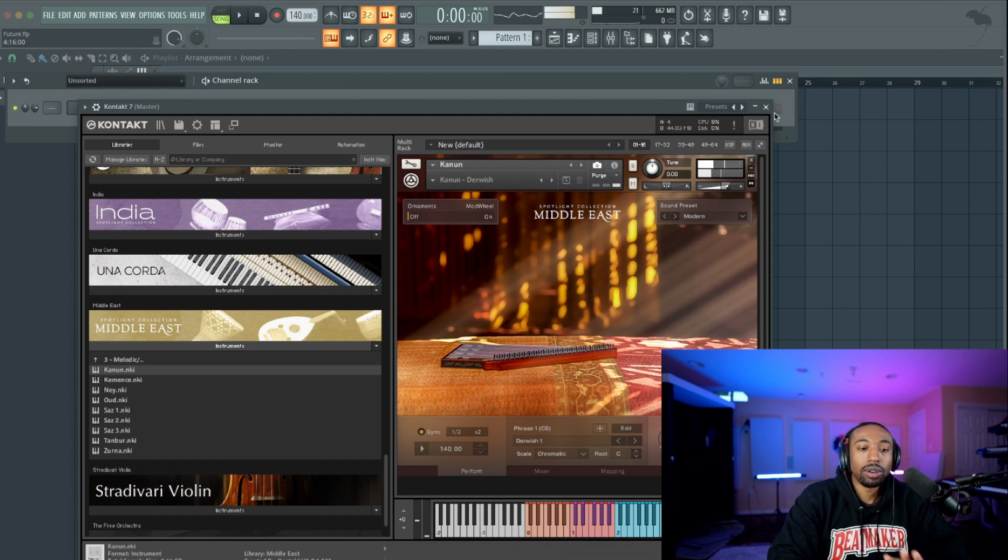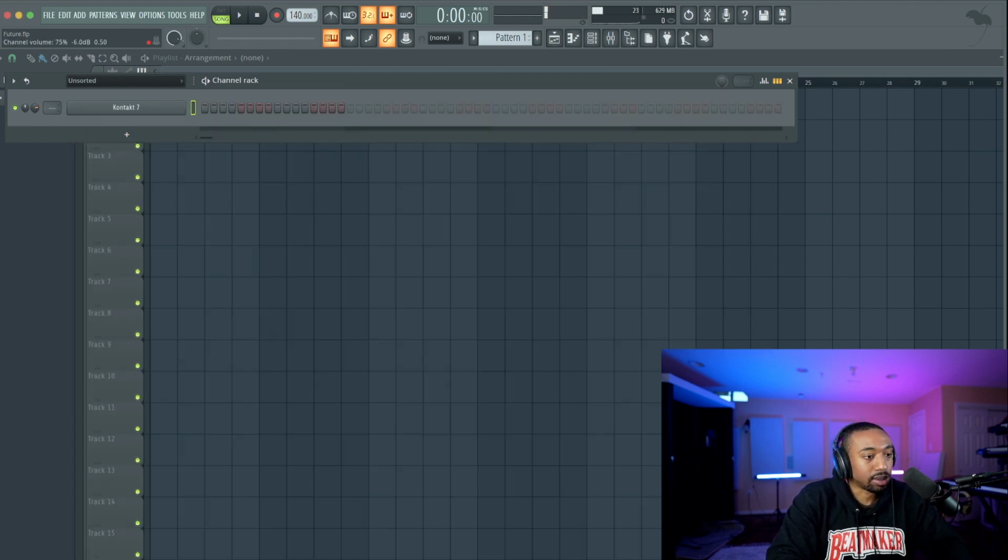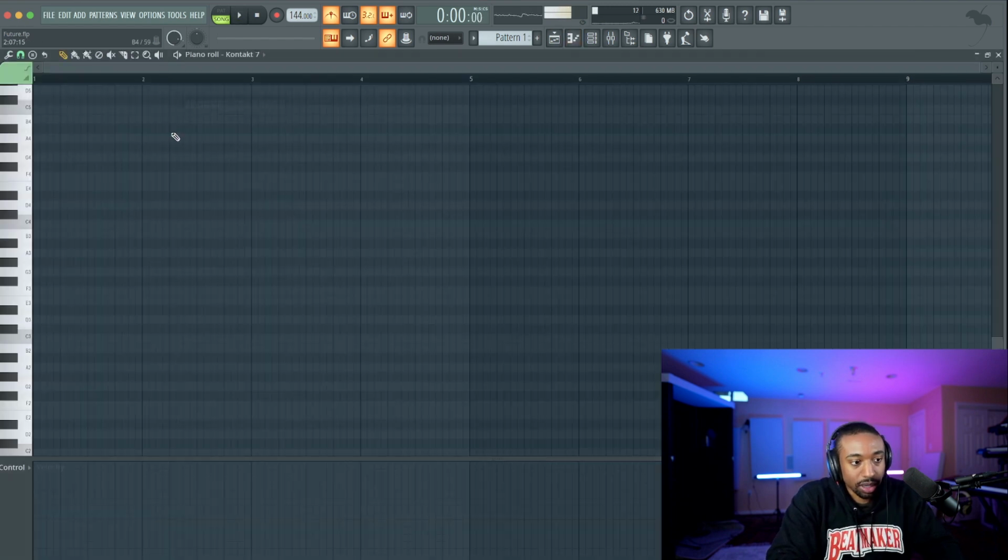Okay, now we're going to mangle this. Right now it's just a bell type sound. Let's pull this down a little bit. Now the BPM, let's do 144. Future can go in a wide range, but usually 120 to about 150 is more Future's pocket. There's no set tempo, that's just the range. Okay, so 144. Let's right click, go to piano roll.